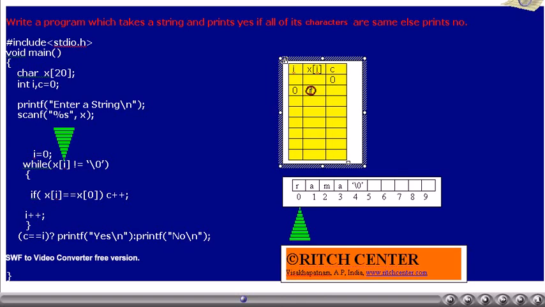Thus, x of 0 is R, that is symbol lowercase r. Is it not equal to null? Yes. Thus, the loop control goes to loop block. That is, the block of statements will be executed once.